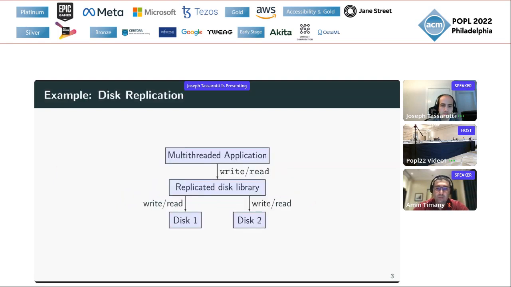All right, so to be more specific, I'm going to use a running example to motivate some of the challenges here. And this running example is going to be a simple disk replication library. The idea is we'll have two disks, and the library will issue write and read calls to it. What it'll do is mirror our writes across the two disks, and then reads can be serviced by reading from whichever disk is faster. All right. So we want this to be concurrent, so threads should be able to access this in a multi-threaded context. How would we implement such a thing?